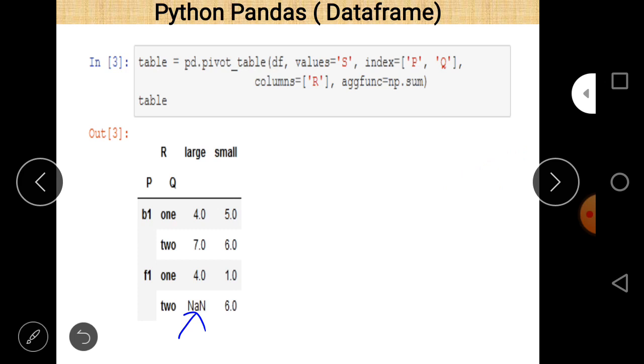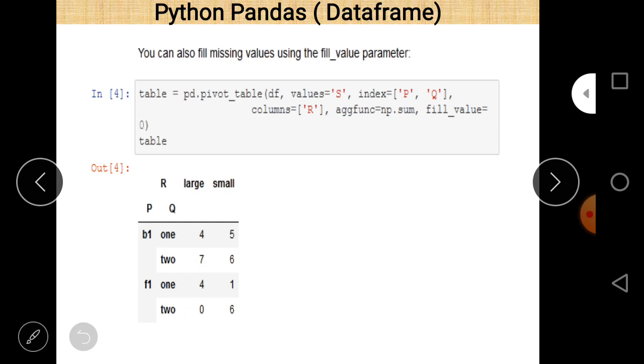The pivot table function differs from the pivot function in two ways. First, in the pivot table function, duplication of data is allowed among rows and columns or their combinations. Second, an aggregate function is used in the pivot table function. So these are the two differences between the pivot table function and the pivot function.